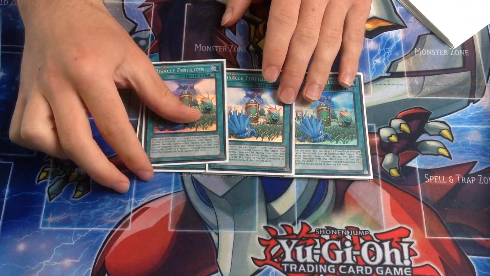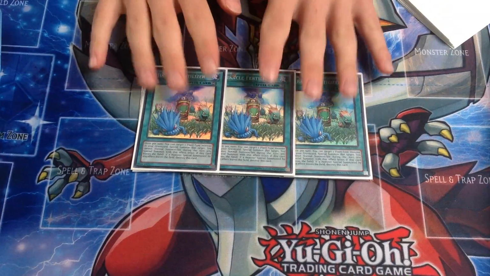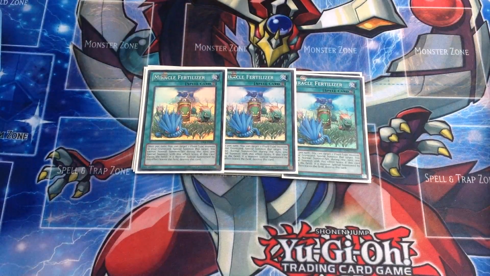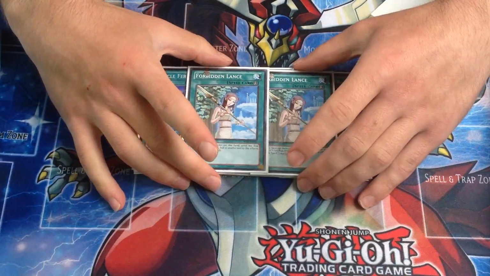This is just so great, and when you go for an Xyz monster, this does not go away from the field, so it just becomes a once per turn Monster Reborn, which is really great. Then I'm playing 2 copies of Forbidden Lance because this is a combo deck and you really want your plays